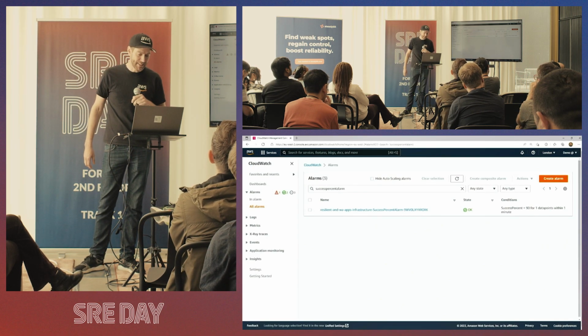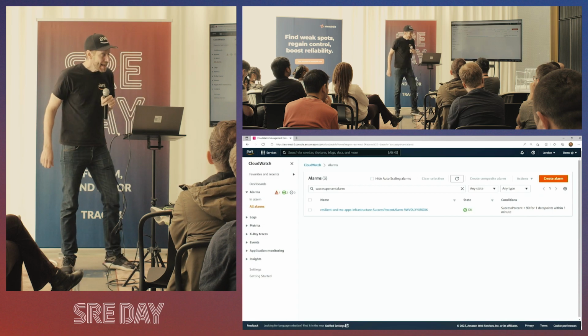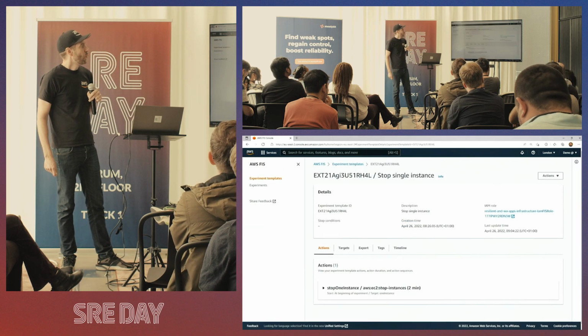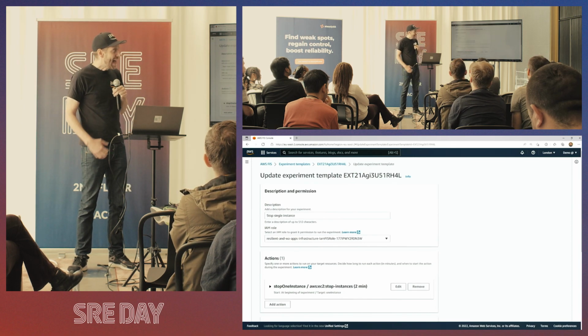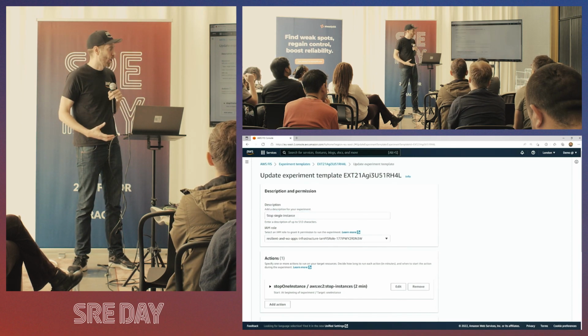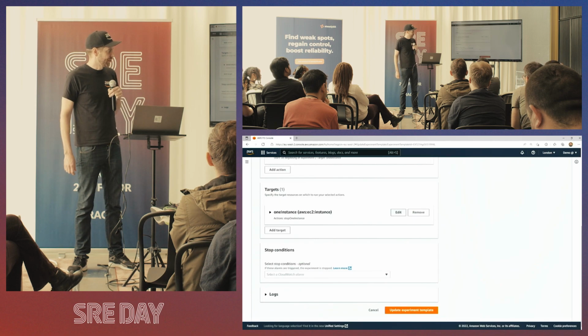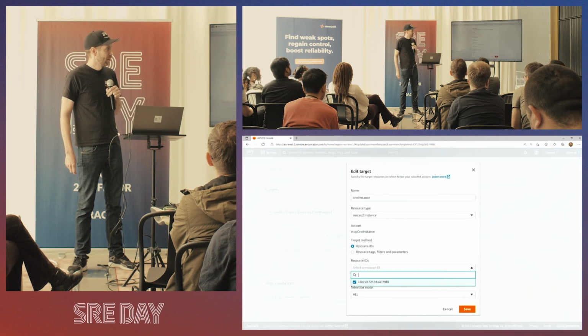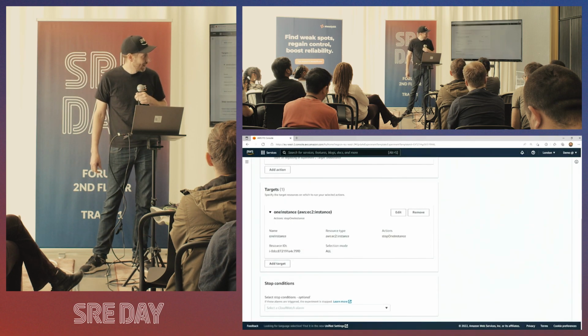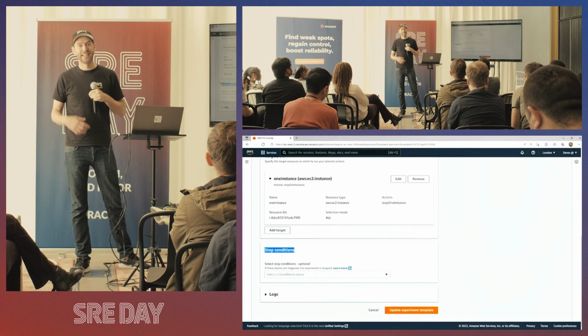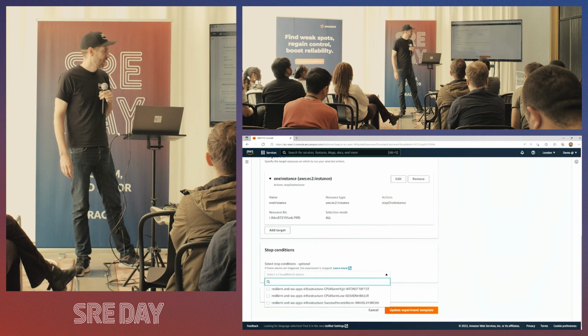It's in the OK state, as you can see. Then we'll just update one of our experiment templates and add this CloudWatch alarm as a stop condition. Just confirming our instance, and then finally adding it as a stop condition.